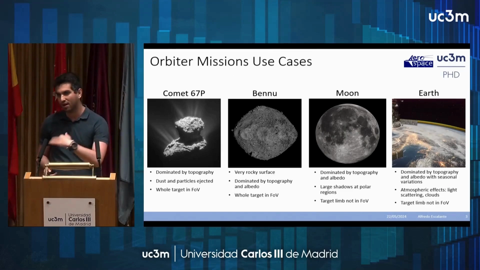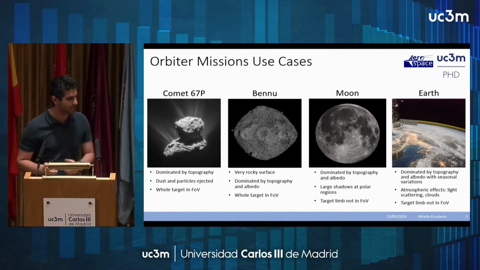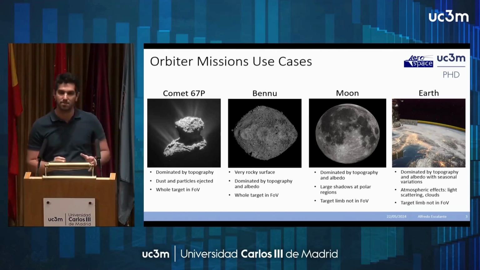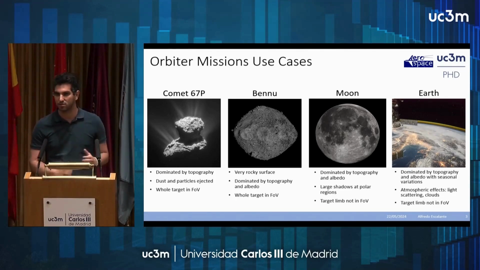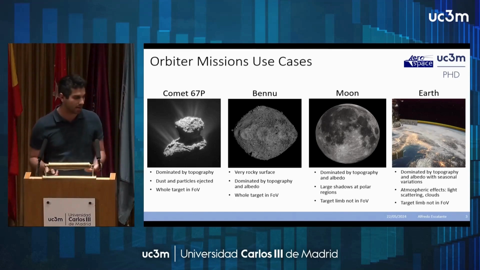During the project, we have investigated multiple targets or mission use cases. We started with the simplest one, which is the Comet case, with 67P, the target of the Rosetta mission. And I said simple just because most of the images are very well represented by the topography of the target. You have some dust, but it can be modeled easily with some type of noise models. And in general, because of the geometry of the mission, the whole target is inside the field of view of the camera,